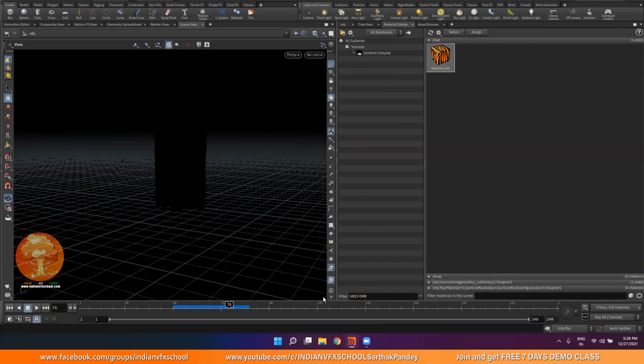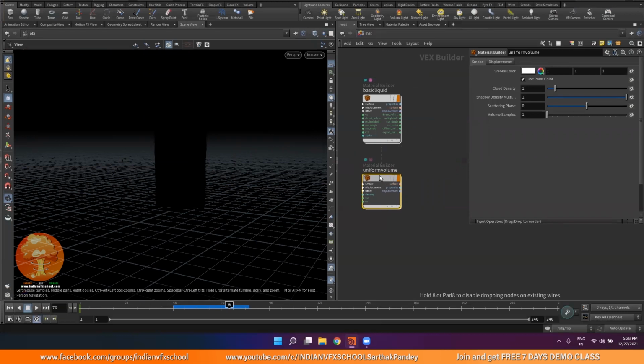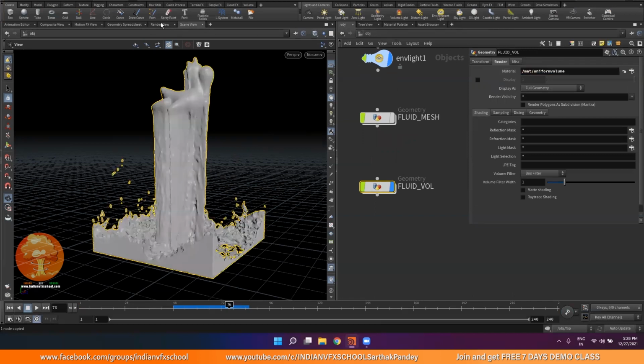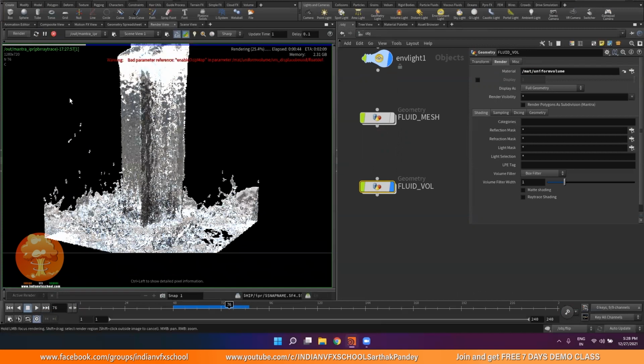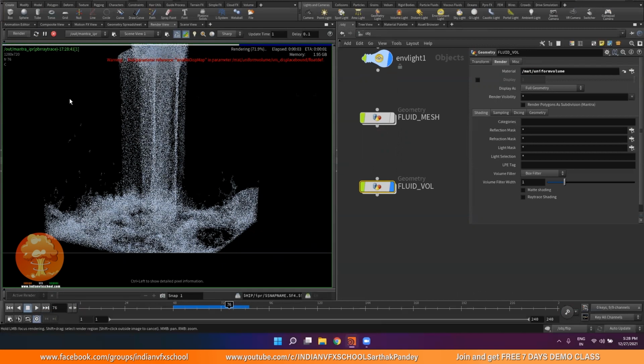So this will generate some smoke inside our liquid. Double click on this one, and now we have this uniform volume, and I want to copy this one and paste it in my fluid volume. What this is really doing is, like impure water, it has particles and small substances dissolved in it. So that is what we are trying to render over here.